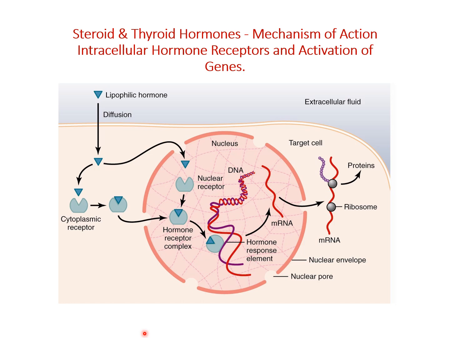This is the last slide, thank God, about the mechanism of action of hormones. I touched a little bit early on their mechanism of action. Since they are lipid-soluble or lipophilic hormones, they can cross the cell membrane by diffusion, and then they go to the cytoplasm or to the nucleus. In the case of steroids, I believe they go to a cytoplasmic receptor. The hormone and the receptor will form a dimer, and this dimer will penetrate the nuclear membrane and reach the DNA molecule, and